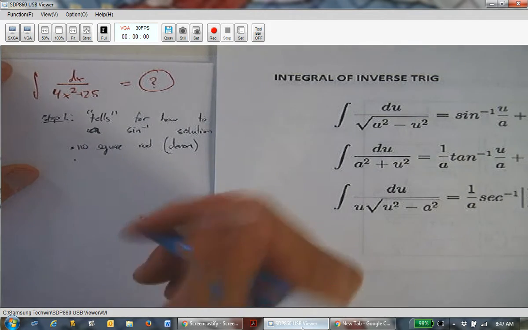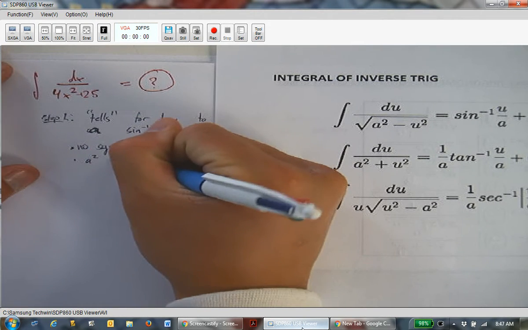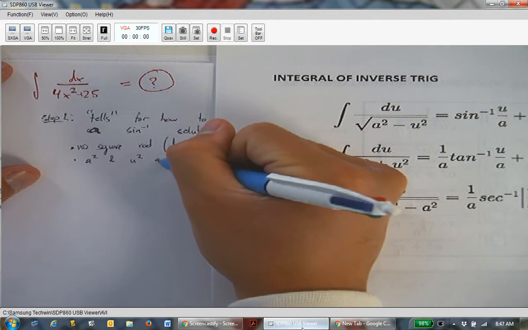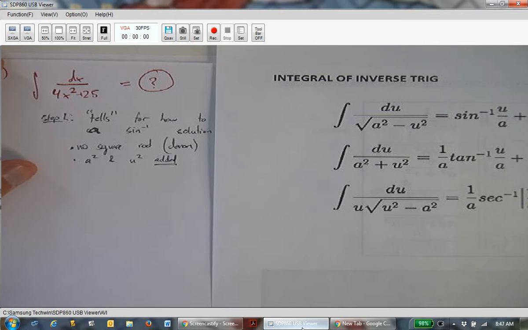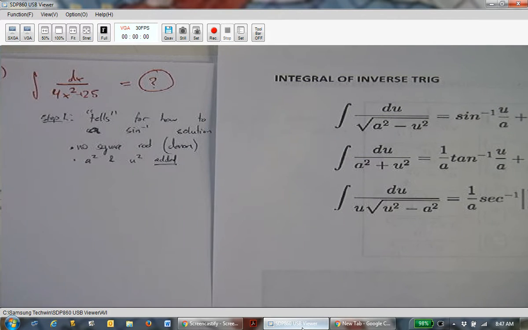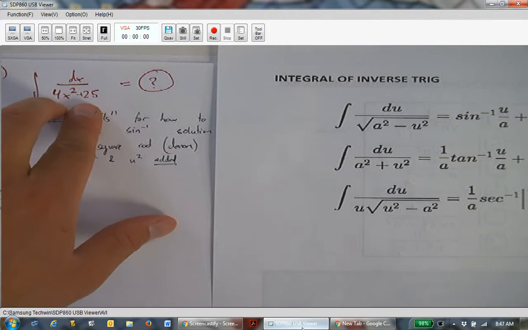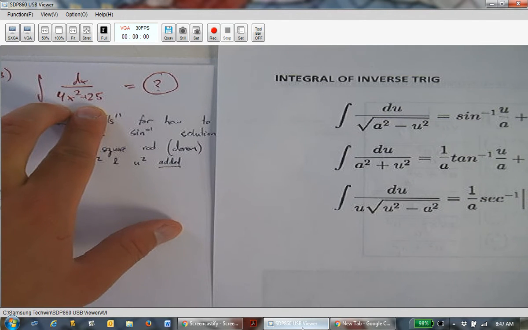Negative, the minus. Yeah, the a squared and the u squared statements are being added, or there's an addition of those guys. So if you can remember it: no square root, an addition on the bottom of a statement that looks like you can take the square root of both of them. That should tell you that you have to use an inverse trig function,